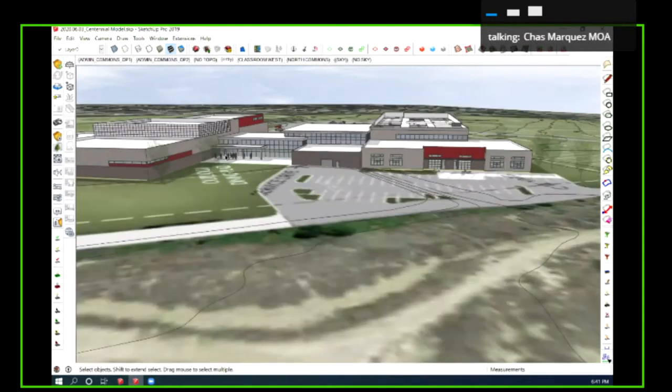This lower volume here is the common space where all the kids will gather to eat their lunches, offering some outdoor space to come outside and enjoy their lunch as well, with some covered canopy here that lowers that scale for the kids. So not just coming outside and being open to the elements, but having this area to enjoy themselves here.